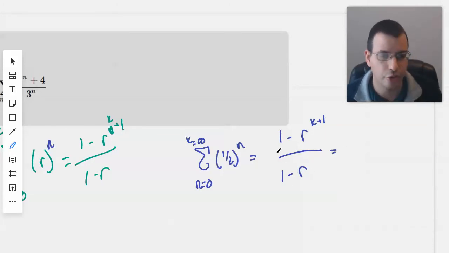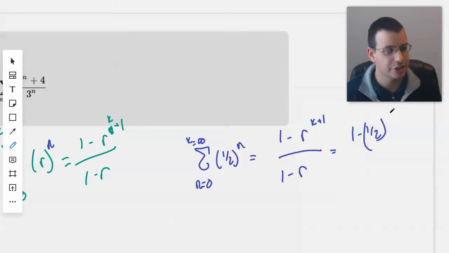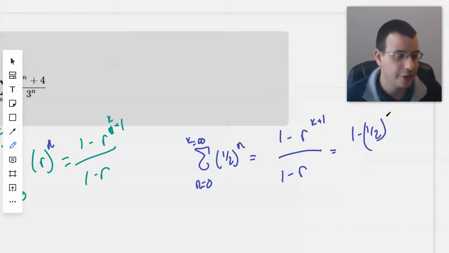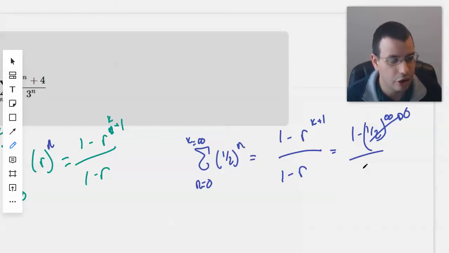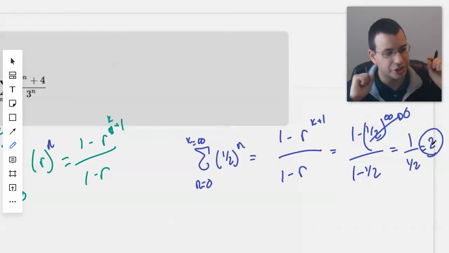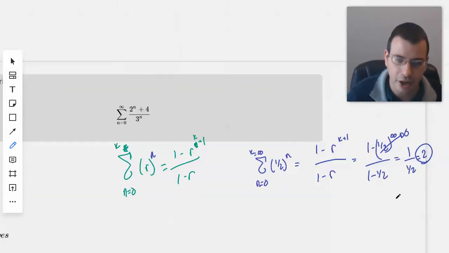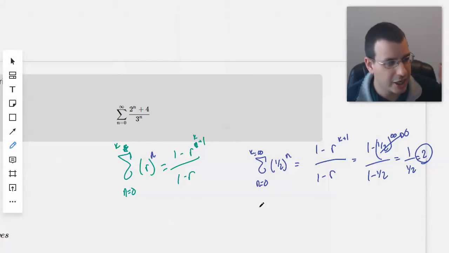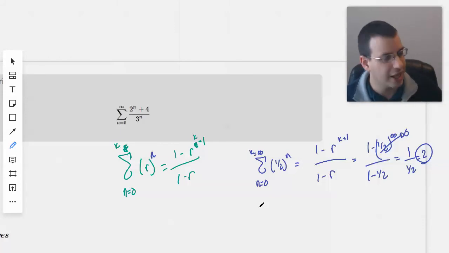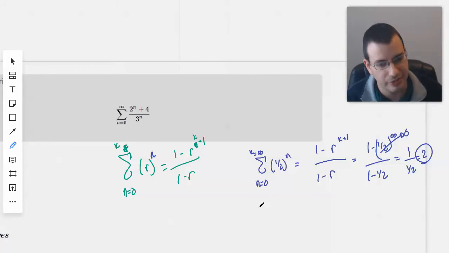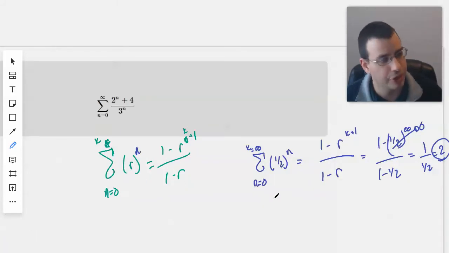So for 1/2, this would be 1 minus 1/2 to the infinity, since n goes to infinity. Infinity plus 1 is the same as infinity. And that would be 0 all over 1 minus 1/2, which is 1 over 1/2, which is 2. And it's good to have that result in your head, because that way when you get stuck and you forget the formula, you can at least remember what the answer to one specific value is going to be, and it might help you stumble through it in case